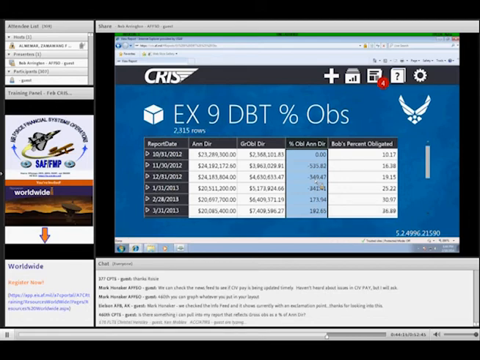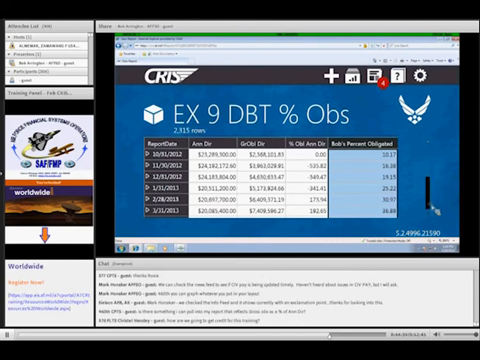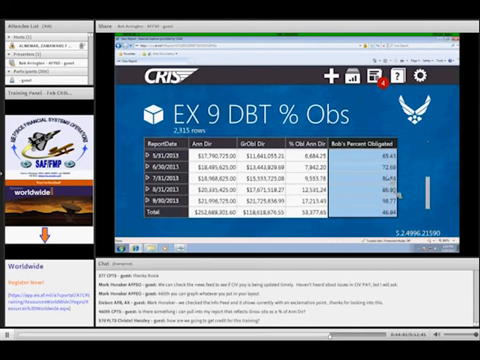So CRIS allows you to build a custom data element, and I'll show you the one that I built for this one. I've got Bob's percent obligated here on the far right-hand side. We can see that at the end of October, I was 10.17% obligated. End of November, I was 16.38. If I scroll down through here, 72%, 80%.